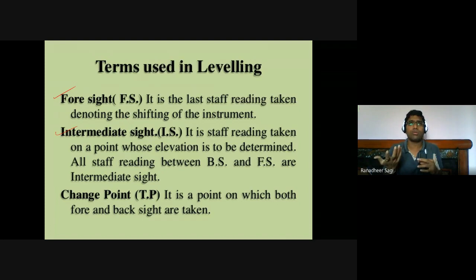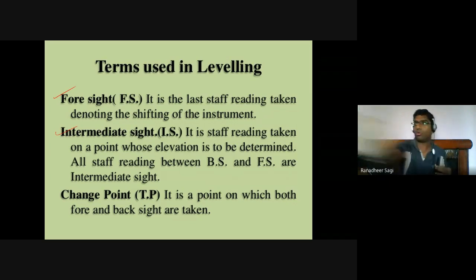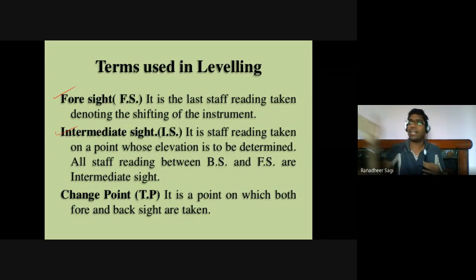Why am I required to shift my instrument from one place to another? Because my focusing may not be very accurate. Maybe the point where I am placing my leveling staff to determine the elevation may not be properly visible from the instrument station where I am standing, or I might have some obstructions. Or, let's say I'm constructing a drainage path, so my direction to some extent is in this direction, and later I am required to go in some other direction. The points in the other direction may not be visible from here, so I have to shift my instrument.